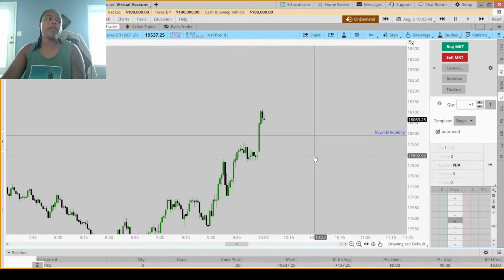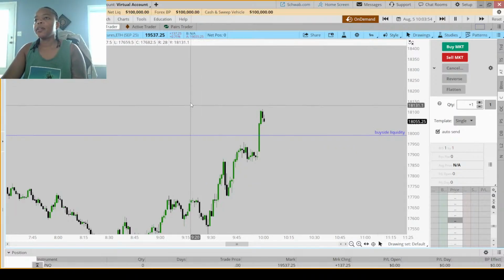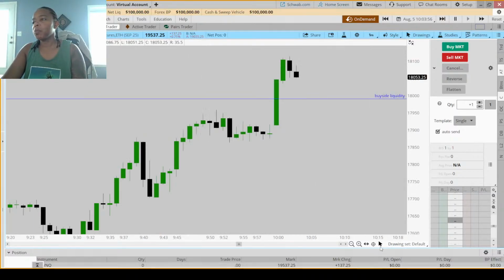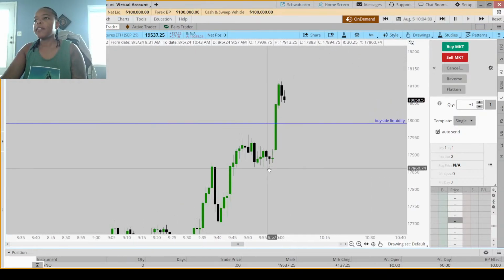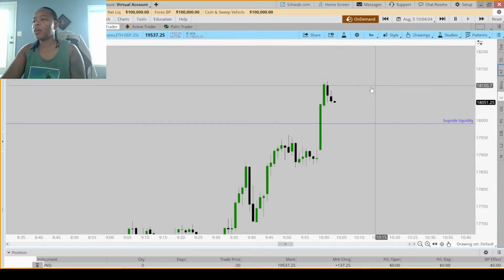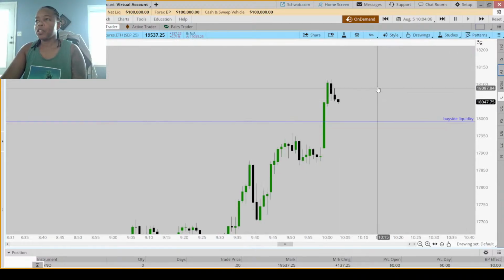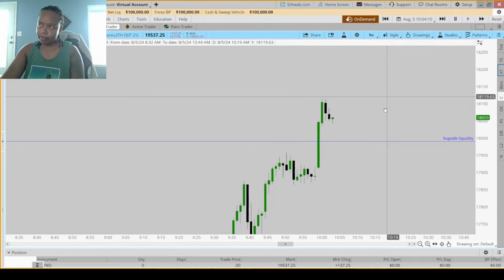I gotta break the habit of waiting for my setup and then not taking my setup. So now it's 10 o'clock. I'm bearish for the most part on this day. We've been going down. I want to see if they give me some sort of shift in structure. I'm going to take the active trader off for now. I'm waiting for a shift in structure, and then we'll see if I can get in on this action.